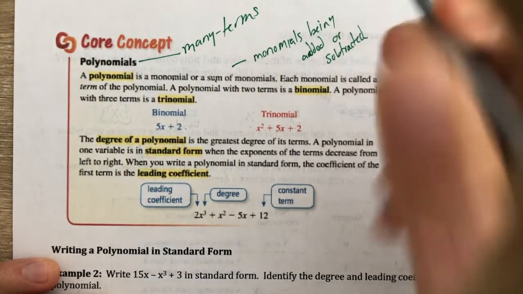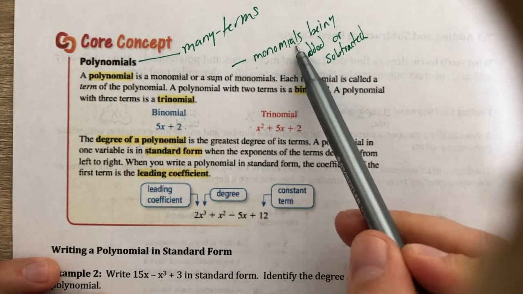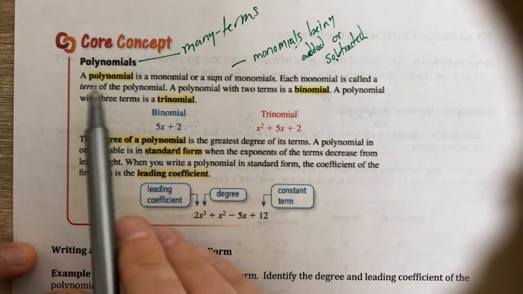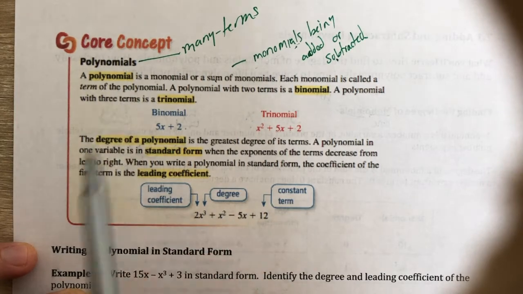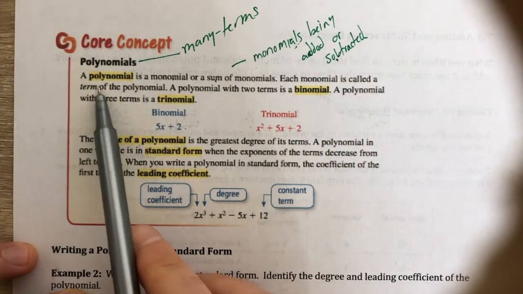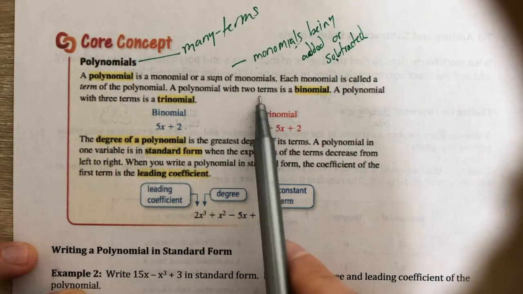So if each term on its own is a monomial, and we've got plus or minus signs in between them, we are looking at a polynomial, many terms. So each monomial is called a term of the polynomial. A polynomial with two terms,